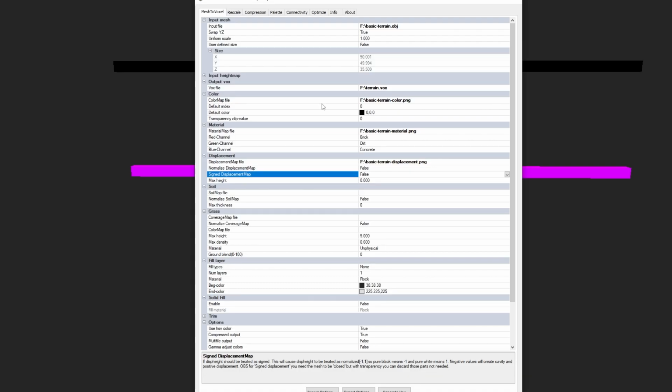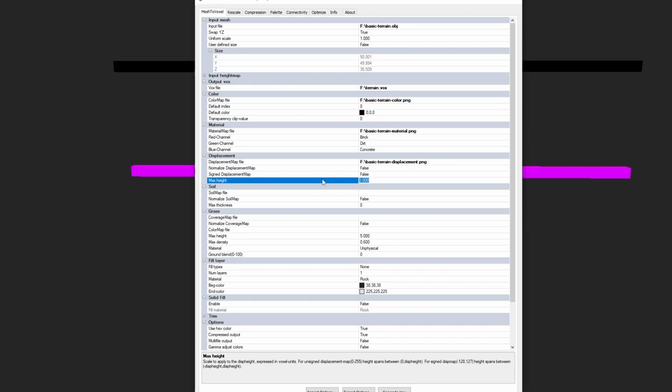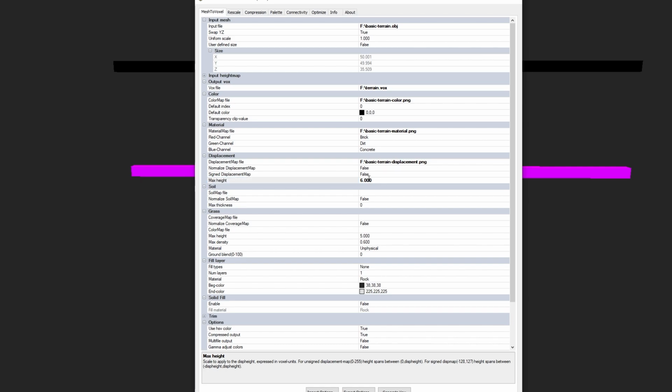If we go back to VoxTool, we see that we have a value here called max height. And this is what will be used for the totally white value. So let's put that at 6. This means that when the terrain is generated, where the displacement map is white, the terrain will be bumped to the max value 6. So let's take a look at that. 1, 2, 3, 4, 5, 6, something like that.